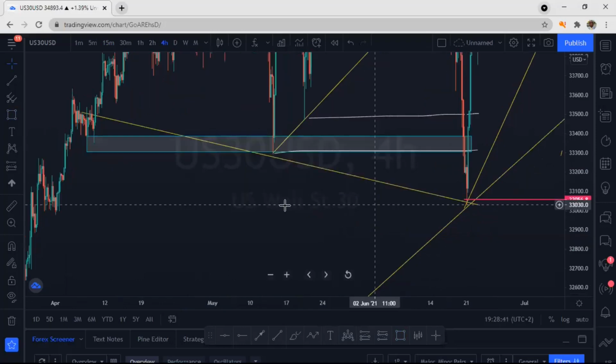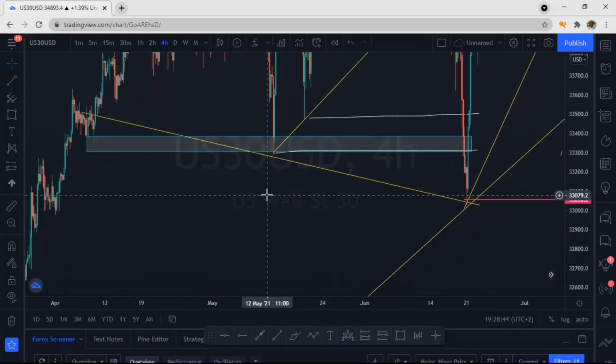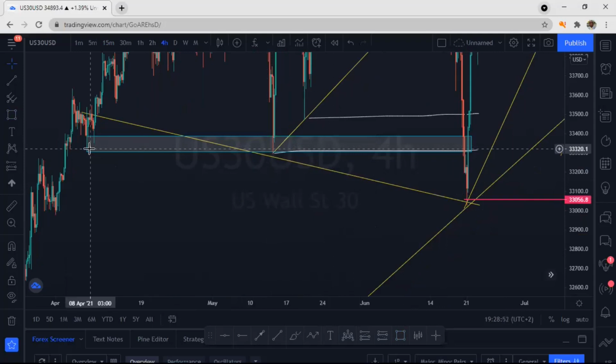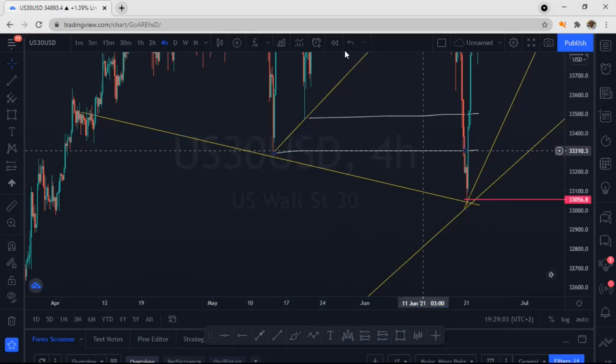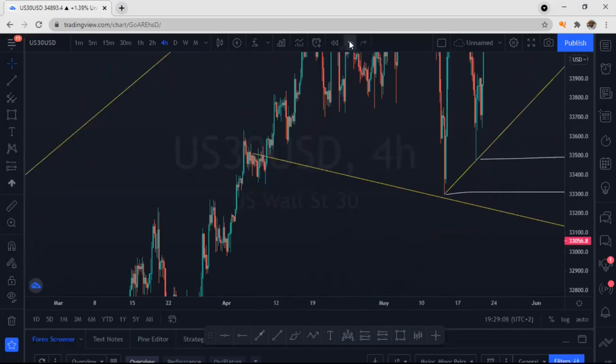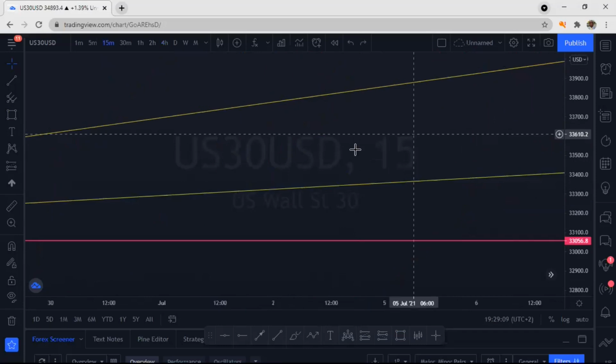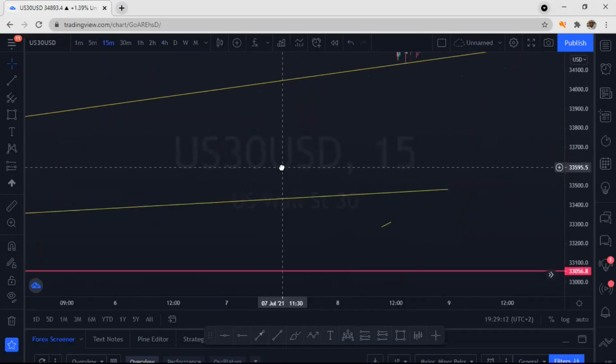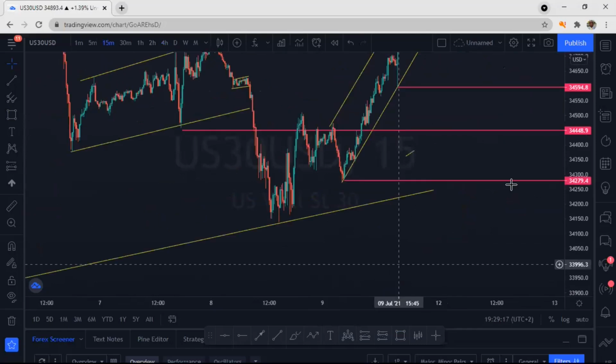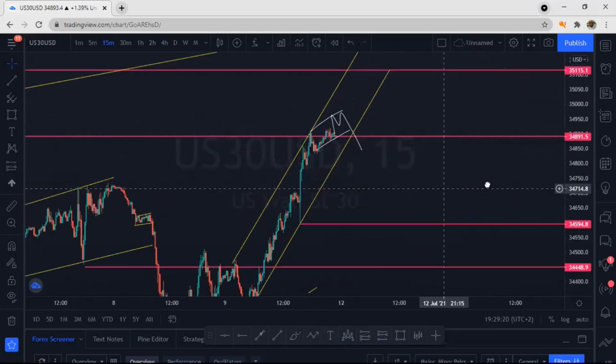The market came back. So it depends on how the market got to that level. You must look at how it got to that level. Did it get there in a correction manner? Did it get there in an impulse manner? If it gets there in a correction manner, it means we are expecting that the market will catch a lot of people on the wrong side of the market. I don't know if you understand me on that, guys. I'll try and make it simpler because it's very important. I've seen most traders being caught in support and resistance. Hence, I stopped trading support and resistance.